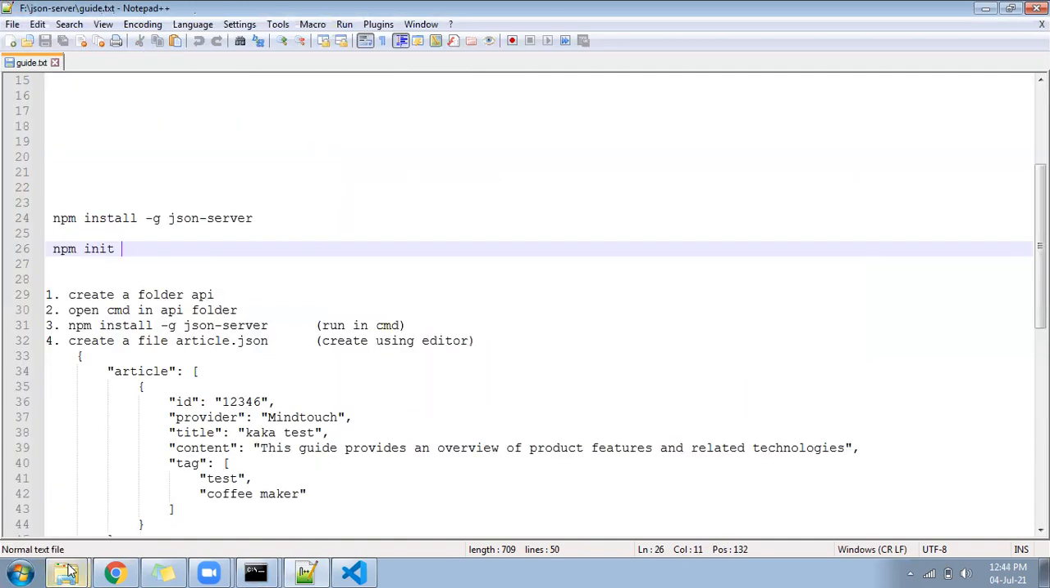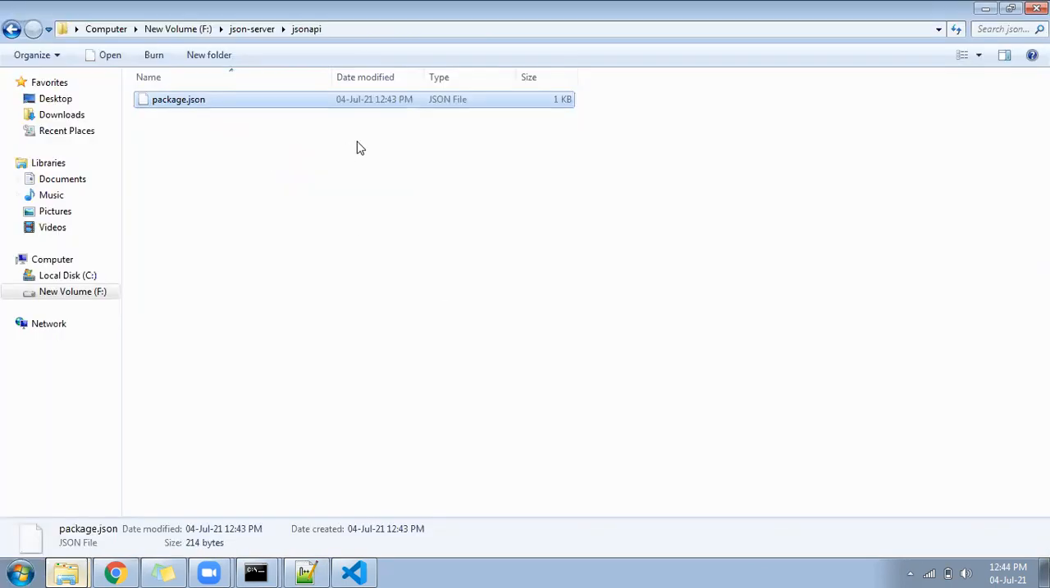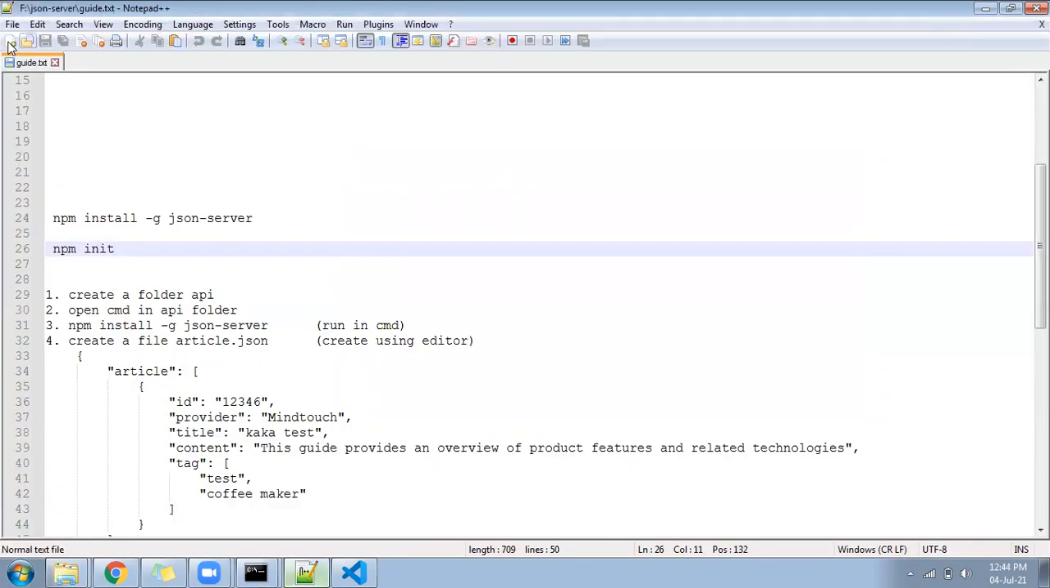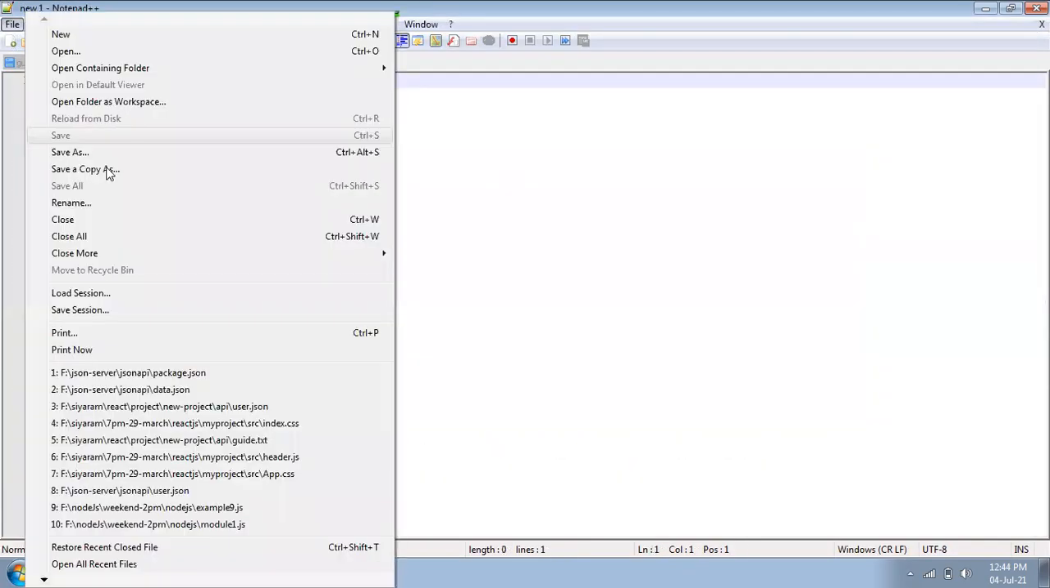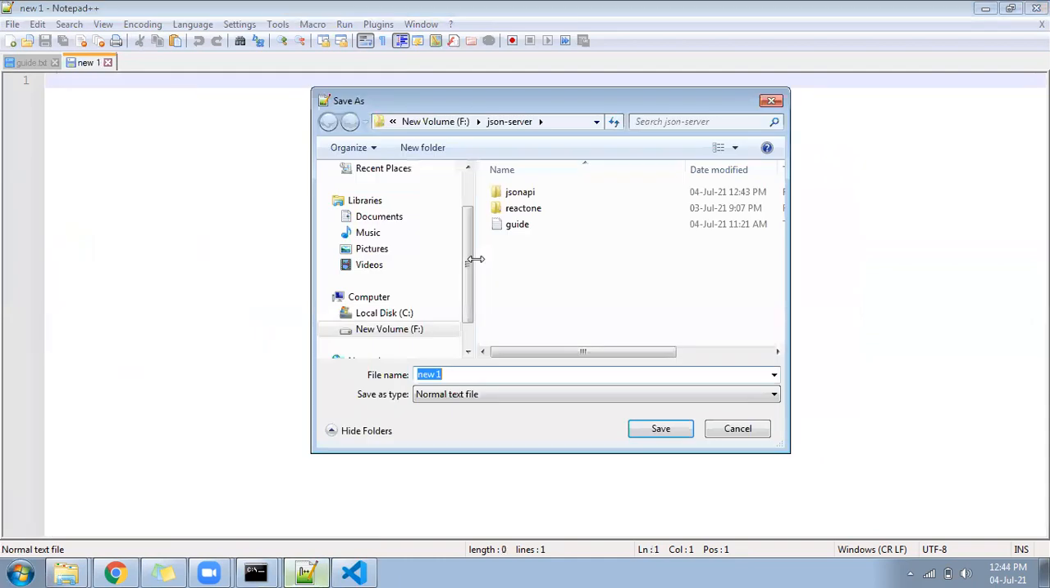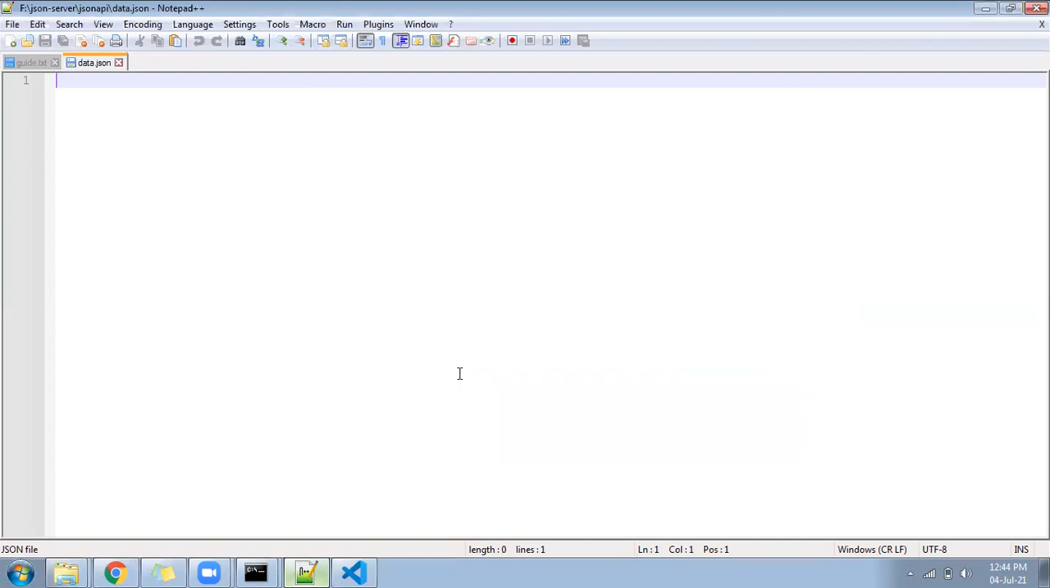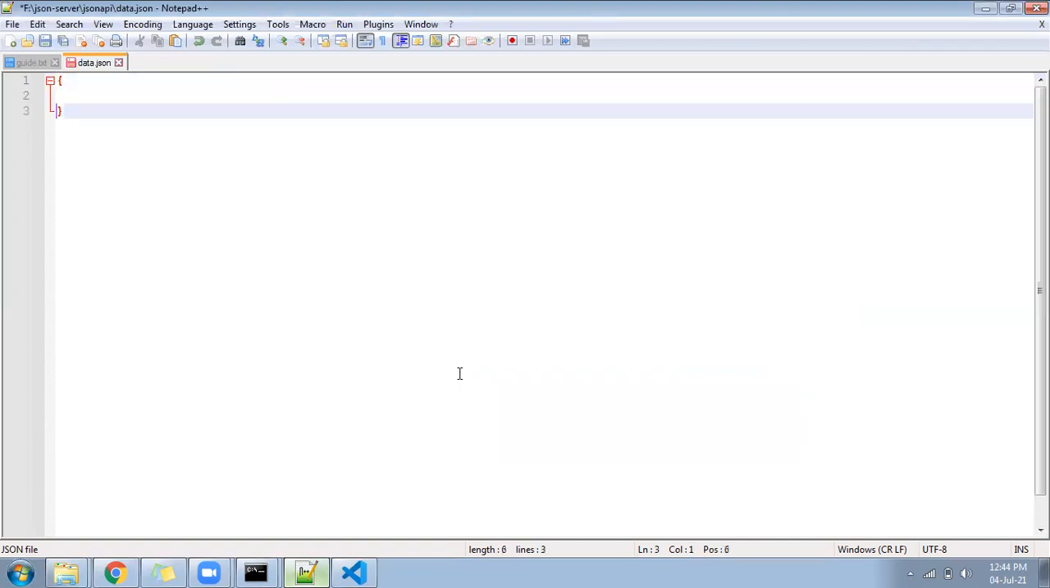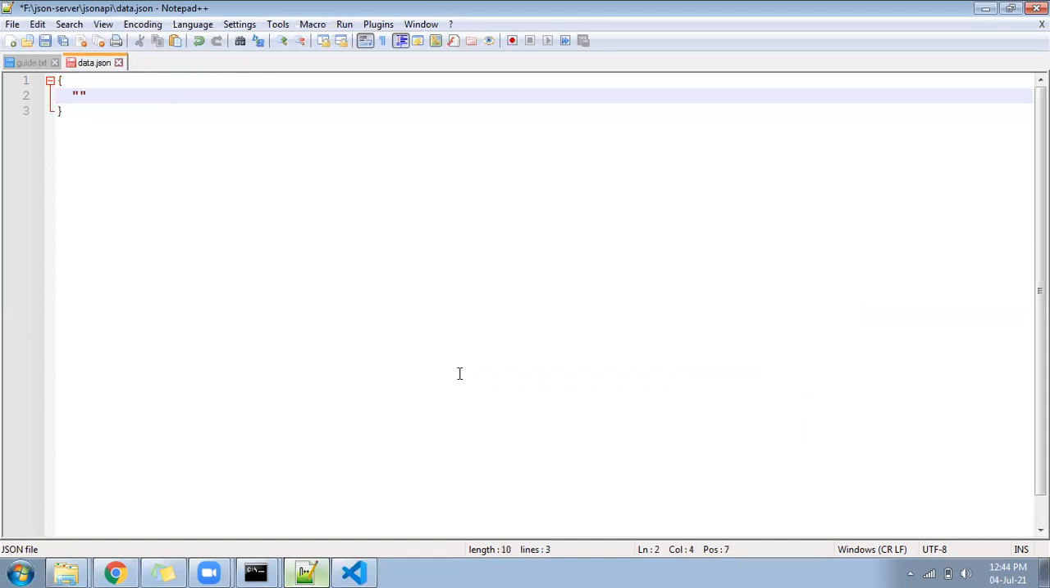Now what is the next step? In this JSON API folder, you have to create one file. So let me create one file, called data.json. I'll create the file under the JSON API folder, and you can give the file name anything. I'll write here data.json, right? This data.json file is going to keep some code like this,